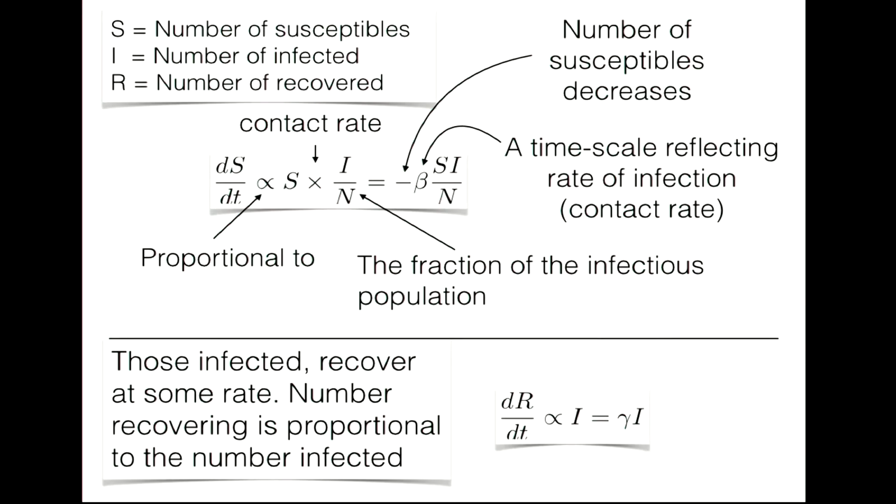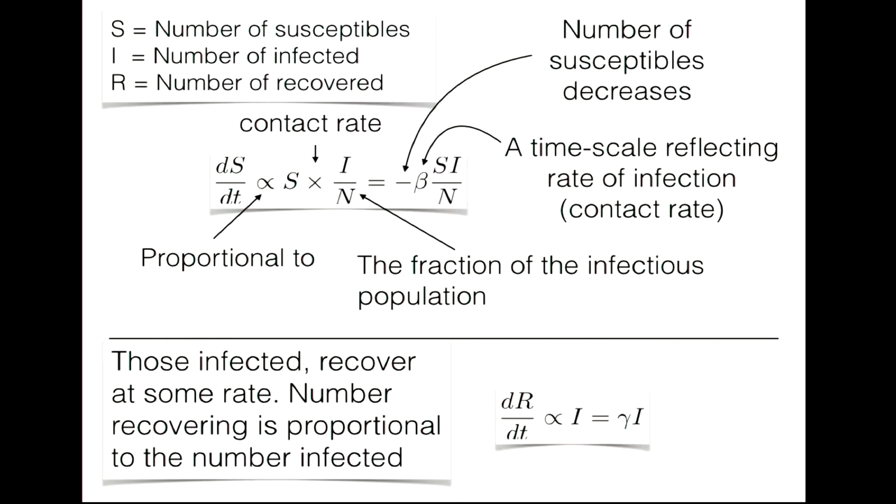And remember that the equation at the center of the SIR model defines how the number of susceptible people, the dS by dt, is proportional to the fraction of the infectious population. And the proportionality constant must involve something called the contact rate, the rate at which individuals contact other individuals, and something involving how efficient that contact is in the transmission of disease. So all of these quantities are hidden inside the term beta. The rest of this is just measures of how many susceptible people there are, how many infectious people there are,